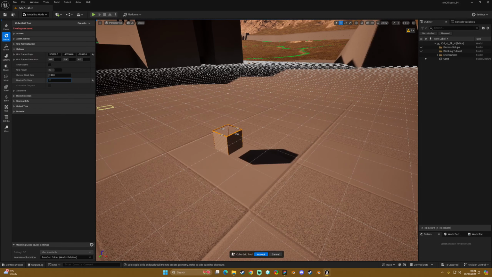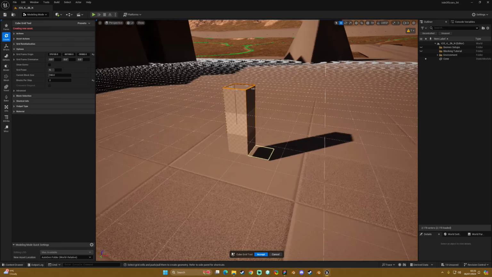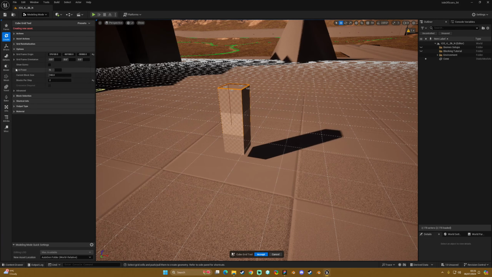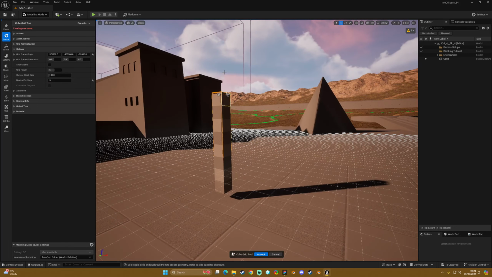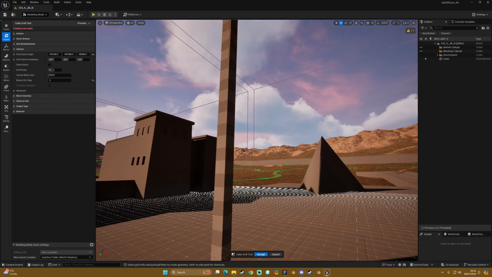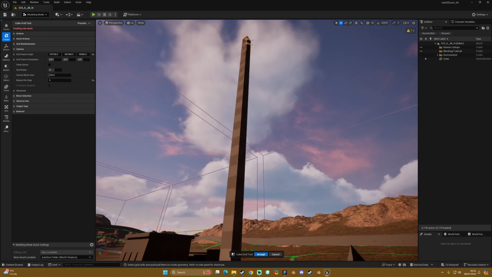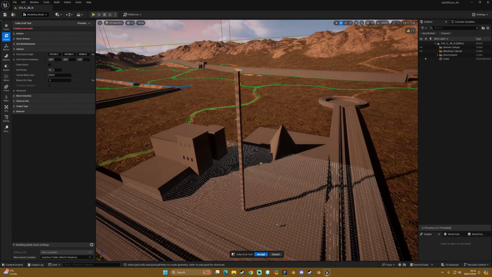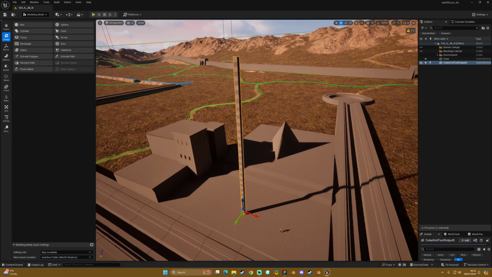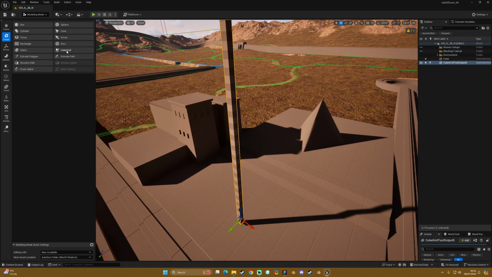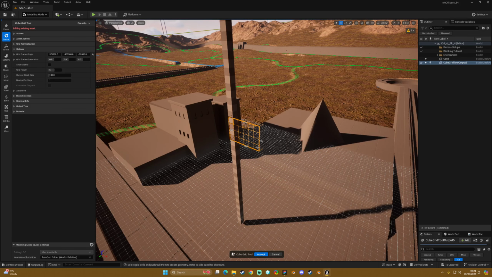If we then change that to 2 and press E to extrude, we get 2 steps. If I change that to 5, press E, we get 5 steps. So it's another way of extruding in larger chunks. So that is basically the cube grid tool,